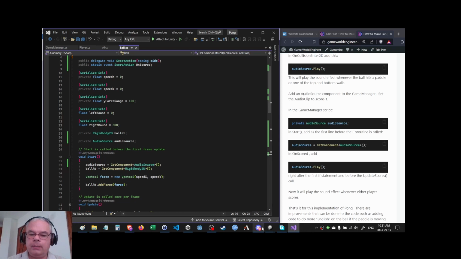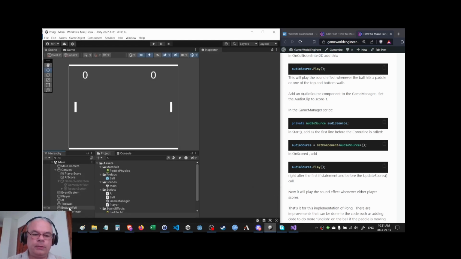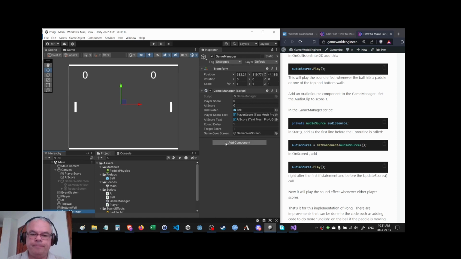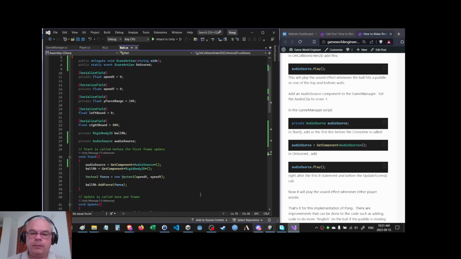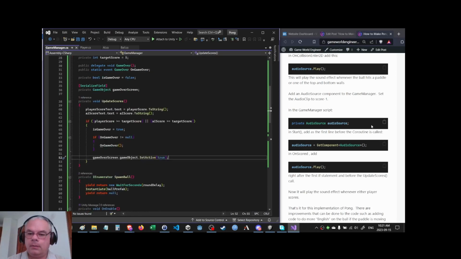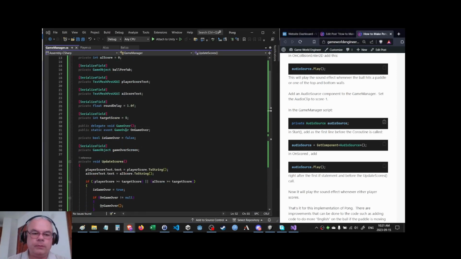And now we're going to add an audio source component to the game manager, as the game manager will play the other audio clip, the score one, whenever someone scores. So let's go to the game manager script and put in a reference to that